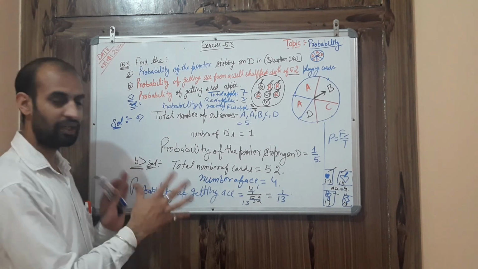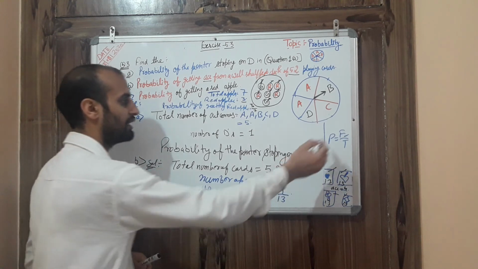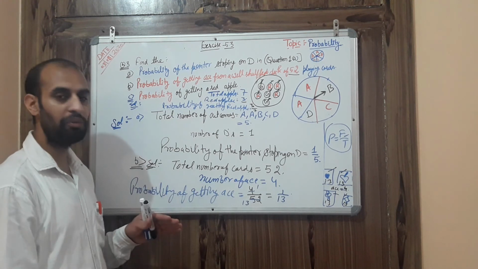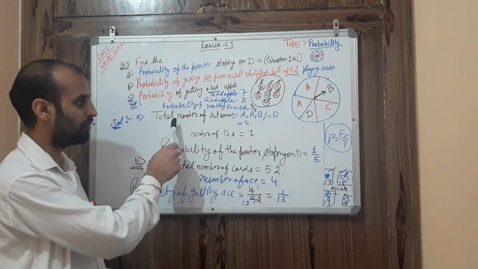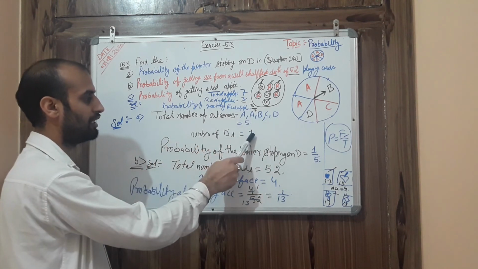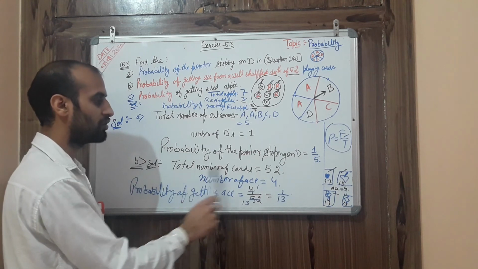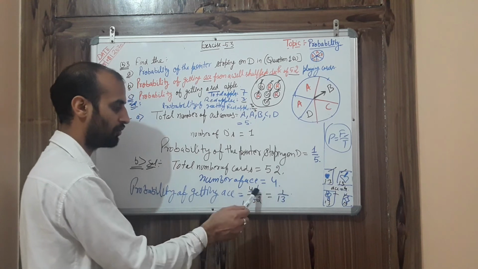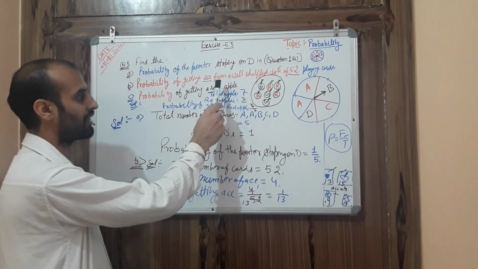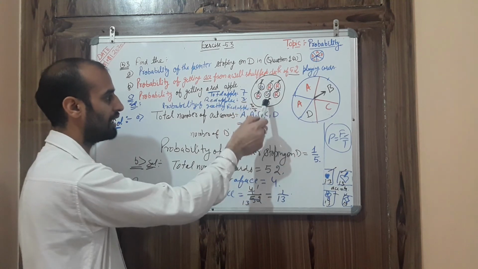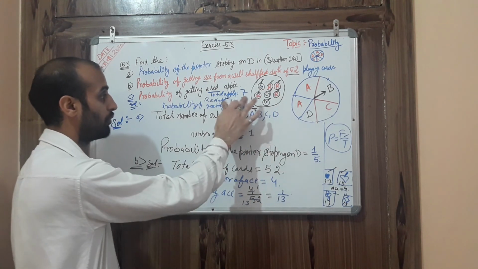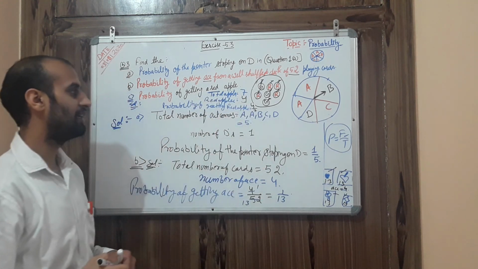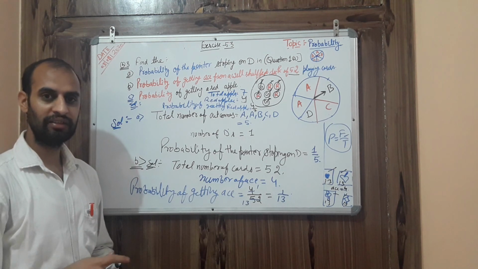Let's see once again what I did in probability. Most important is to write this formula: favorable cases, that means what is required, over total number of cases. In question number 1, we have 5 choices and we need only D, so 1 upon 5 is the answer. Second, total cards are 52, but we are interested in aces. Aces are 4 in a shuffled pack, so 4 upon 52. Third, we are interested in red apples, so 3 is red and total is 7, so 3 in the numerator and 7 in the denominator. In this way, you will find the probability.